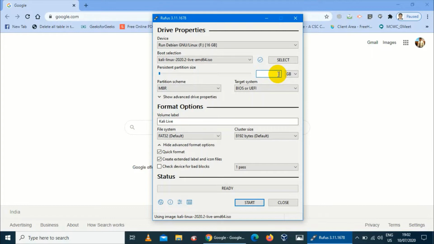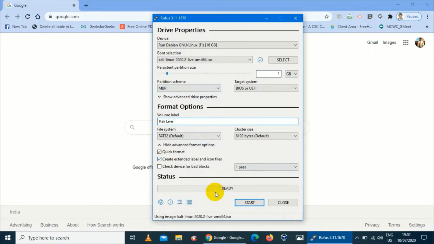Generally 1 GB is preferable for storing the data that we change in Kali Linux. Then next, give a name as the volume label. We also tick mark quick format and extended label.